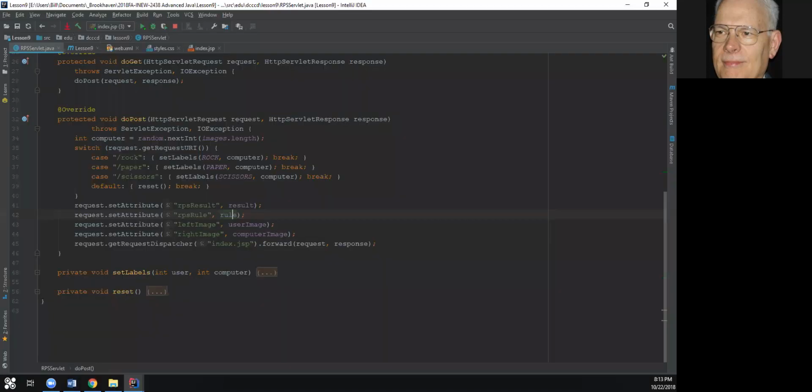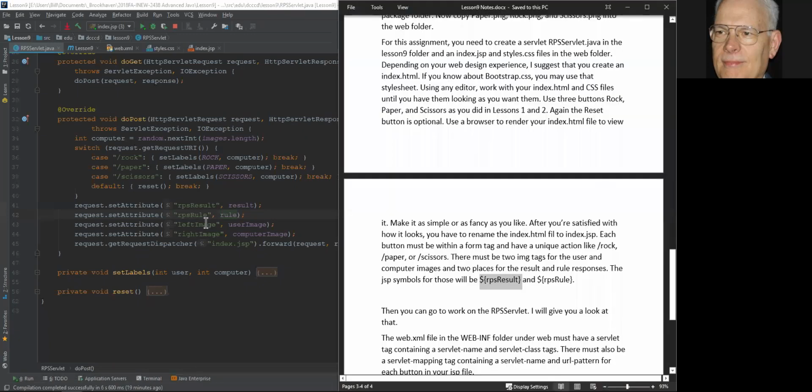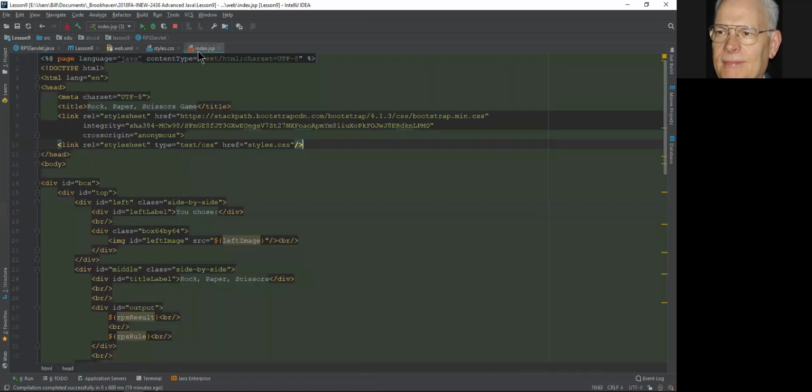What did I call it in here? Yeah, left image and right image. So those 4 things have to match in your JSP where you want them to be rendered. But once you create your web page, make sure it looks like you want, then go in and add the JSP stuff that you have to add, which is